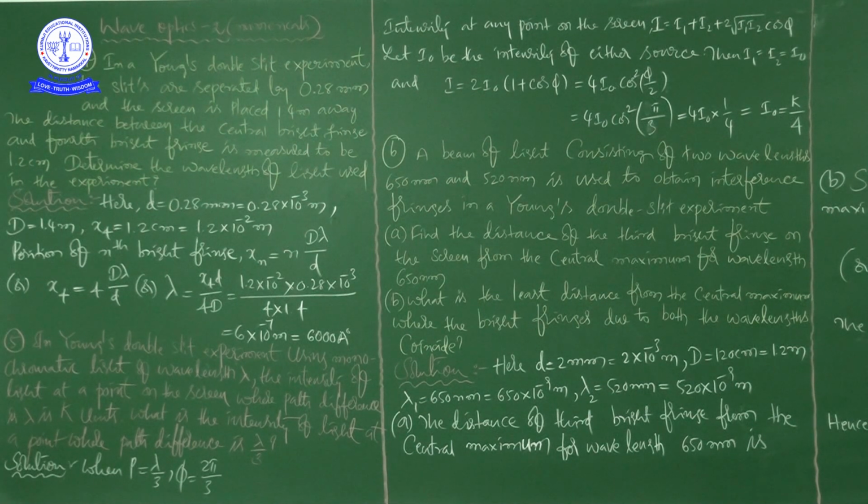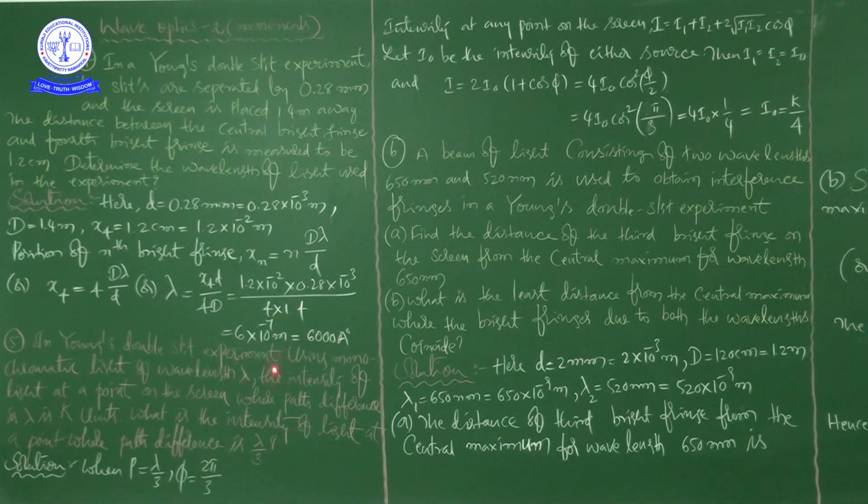If you see the grand test question papers, you get beta is equal to lambda into D by d, that is the fringe width formula, almost every exam has one question on it. That is the importance of this experiment and the formulas and relations we get in Young's double slit experiment. See this next problem, the fifth problem.